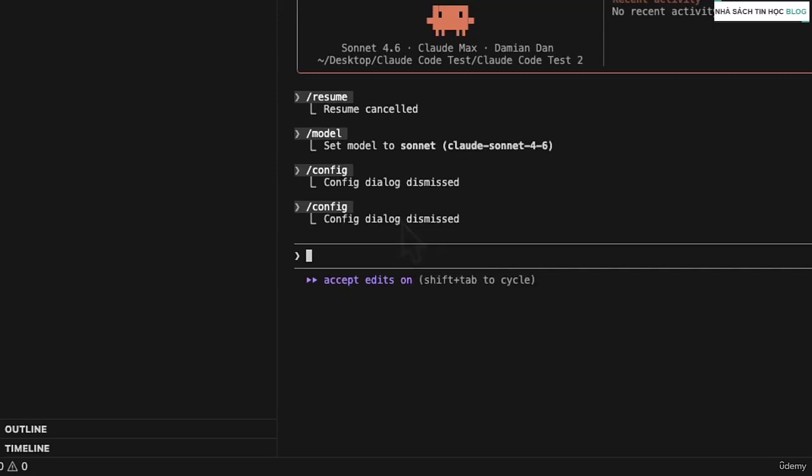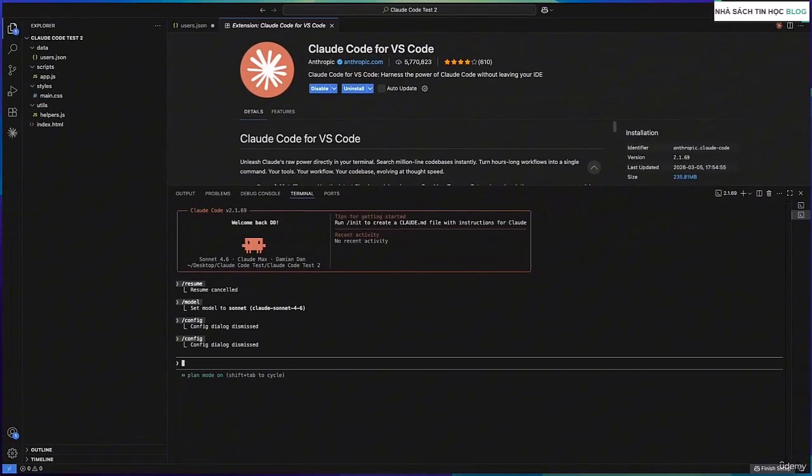Now when you press Shift plus Tab again, you will land on planning mode. In this mode, Claude won't touch your codebase at all. Instead, you can have a conversation with Claude Code to think through and plan out your project. And by the end of that conversation, Claude will put together a complete implementation plan for you. So I press enter. So now I can ask questions. So in this mode, I can plan with Claude. And this is actually really useful before starting any new project. And we'll be using it a lot throughout this course.